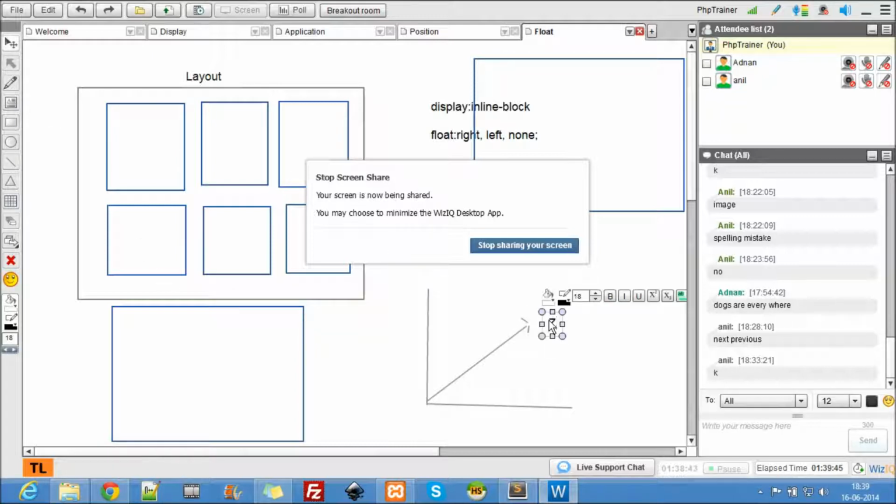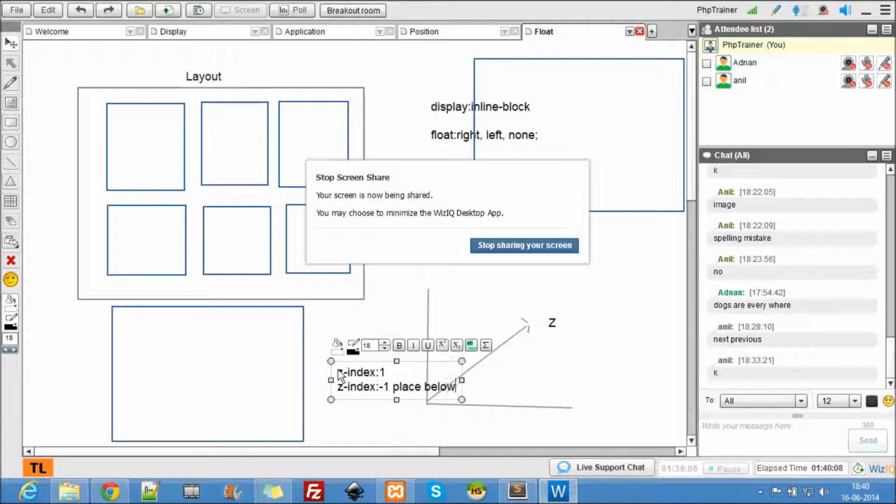So z index is nothing but where should I place this on top of it. Z index is all about top of it. If you say z index 1, that means place above it. If I say z index minus 1, that means place below it. Okay, place below it.